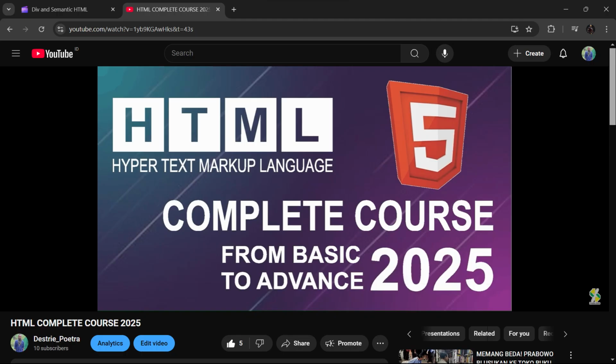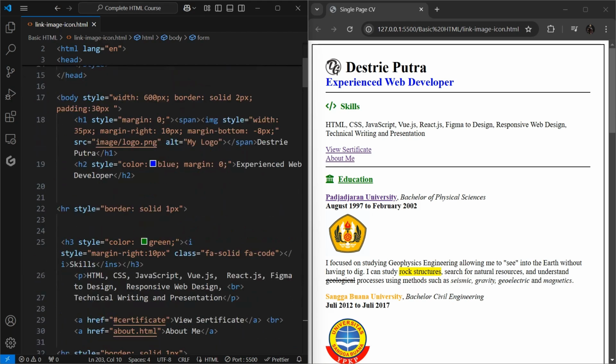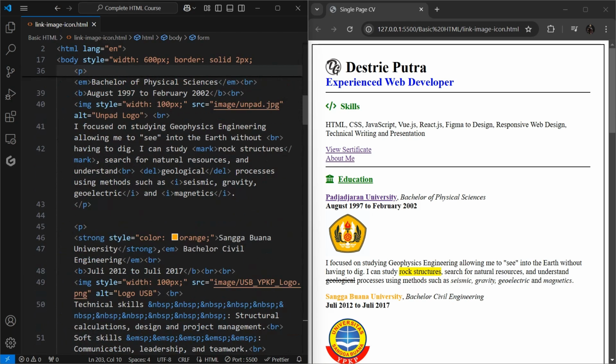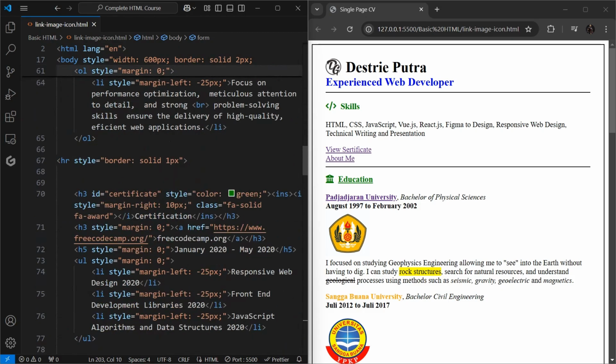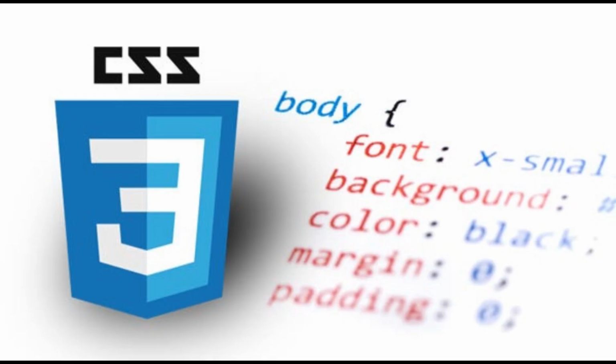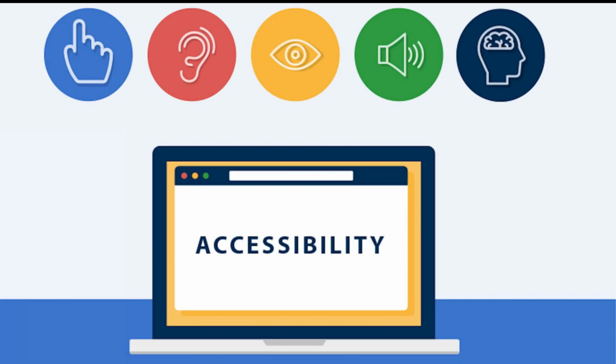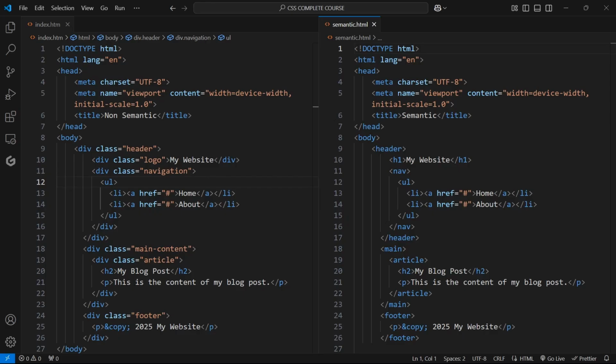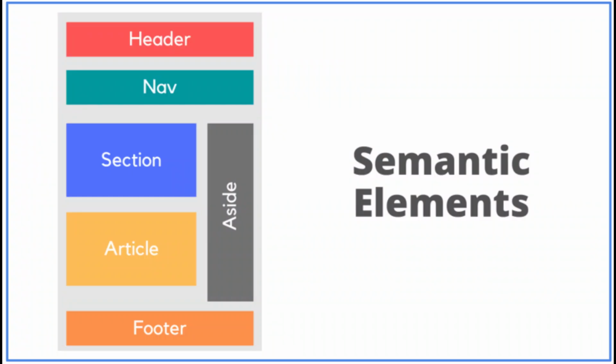In my previous video, the HTML I presented lacked semantic elements. While simple pages can function without them, semantic HTML becomes essential as complexity increases, especially when working with CSS. It significantly improves maintainability, accessibility, and SEO, not just for the HTML, but for how your CSS interacts with it. Therefore, before we start exploring CSS, we'll briefly review the core concepts of semantic HTML to ensure we're building on